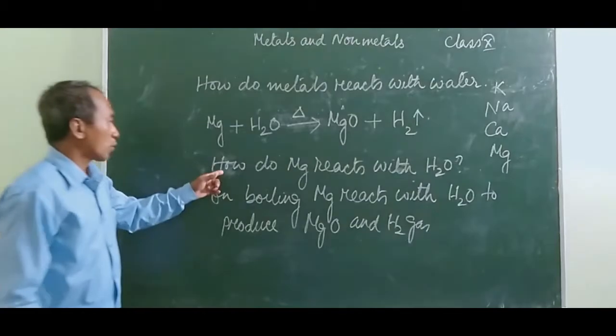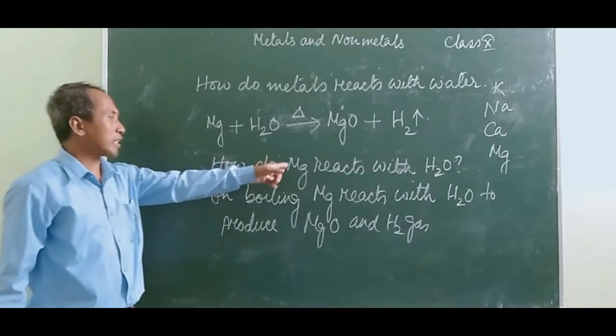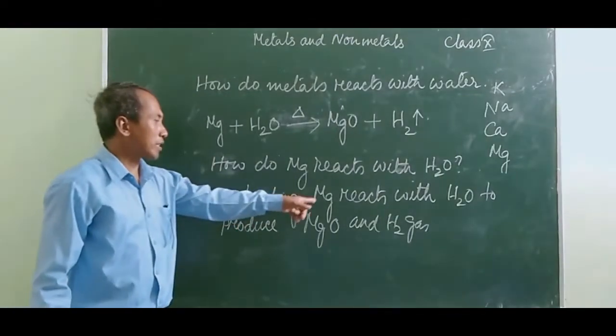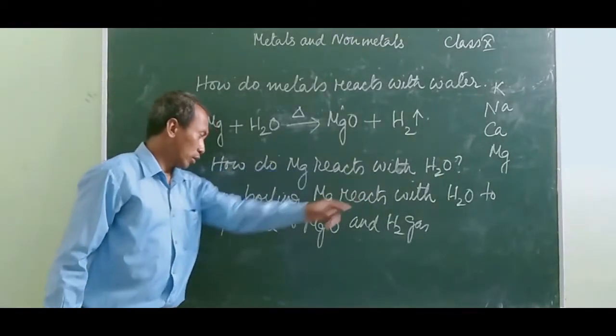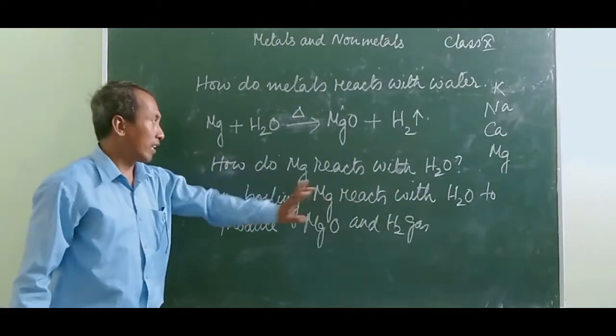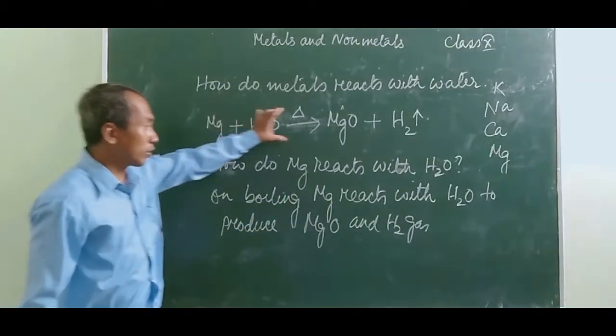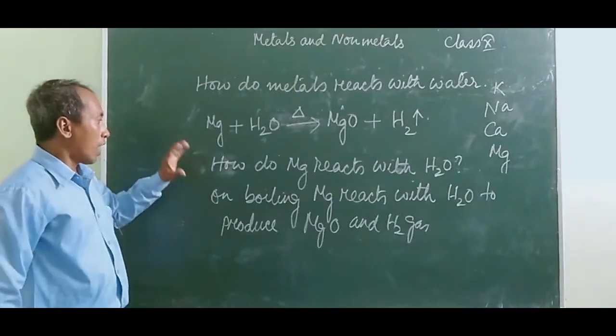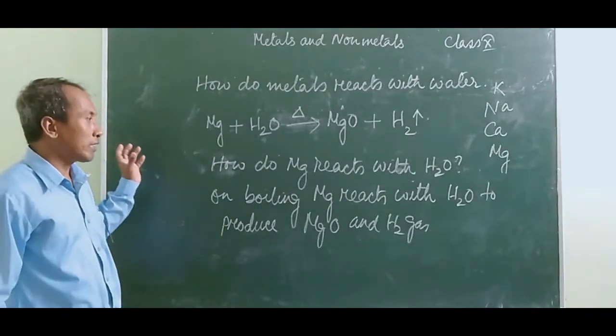So when the question comes, how does magnesium react with water, you will have to write, on boiling magnesium reacts with water to produce magnesium oxide and hydrogen gas. After that you write the chemical reaction. So in this way,